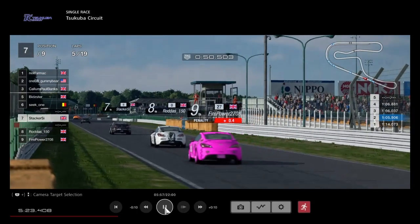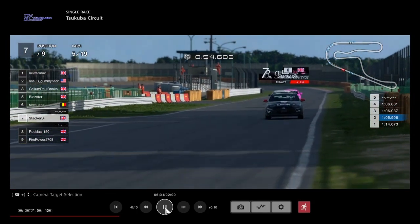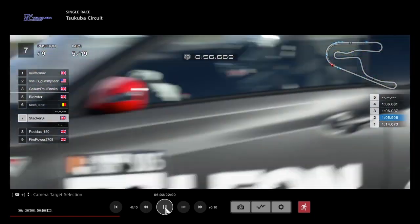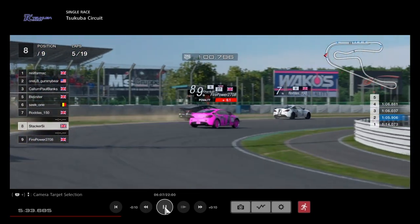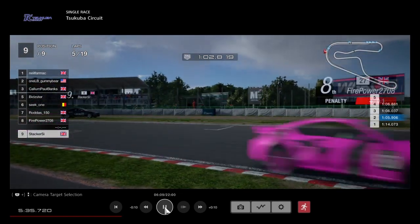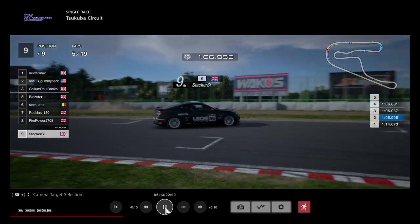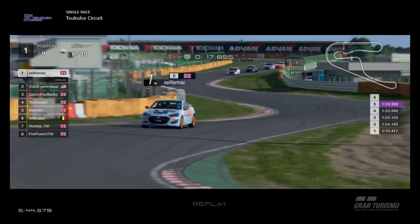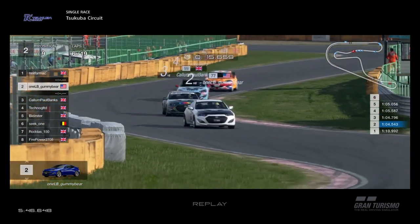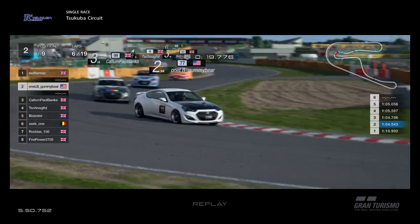Okay, here's a replay of what happened to Stacker then on lap 5 when he threw his race away. Into the last corner we go, and he just goes too fast into the corner, completely misses his braking point, slides and just avoids Firepower. He went off again to try and avoid Firepower, but that's lost him a good 5 or 6 seconds, and then it continues. So as we come back from Stacker's misfortune, we come back to the front of the field then. Gummy Bear, Callum